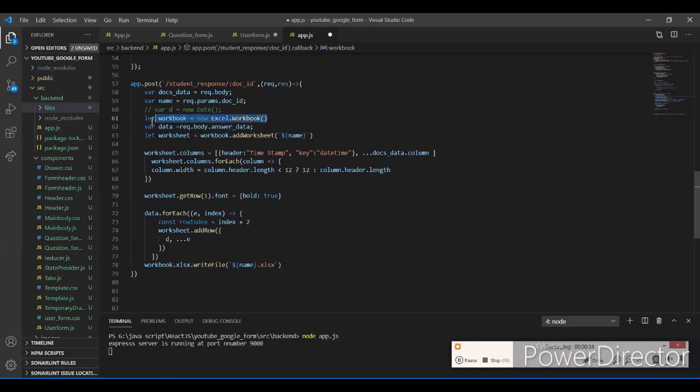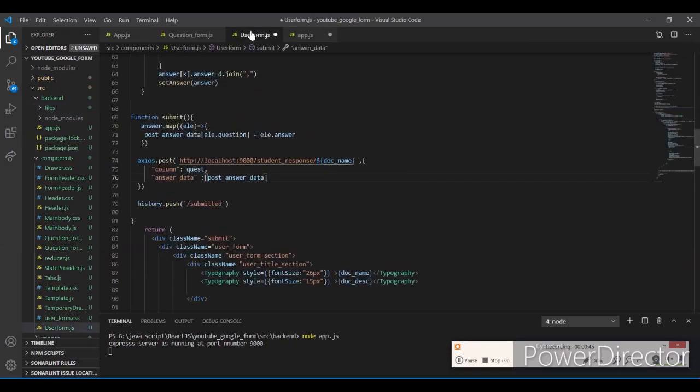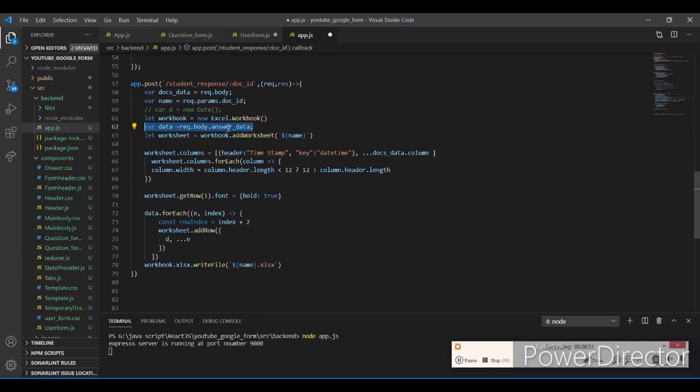and create the workbook instance, and the data that you get here from the post request, here request.postBody.answer data in the user form. Here you created the property that is answer data. In the app.js you will use here request.body.answer data, and one more instance that is a worksheet,